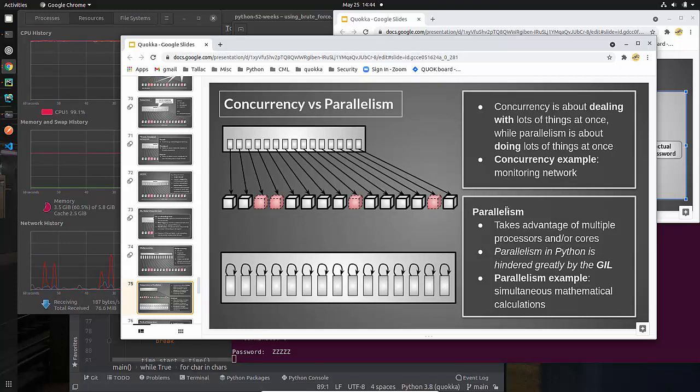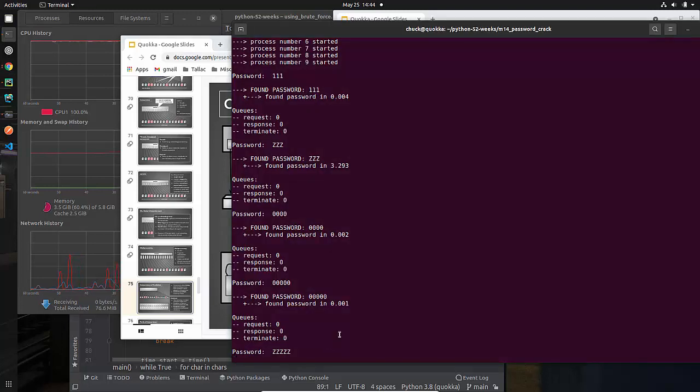That's this word right here, and that's what we're trying to accomplish. And that is why we are using multiprocessing, and why the fact that I only have 2 cores is causing this to take an extremely long time.